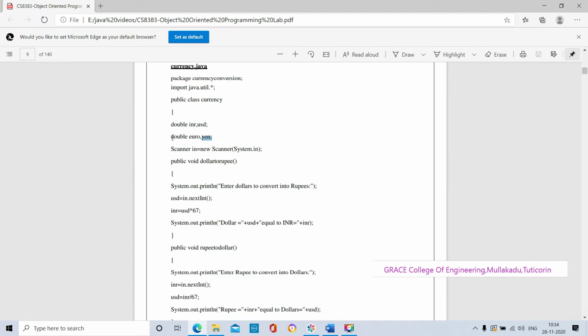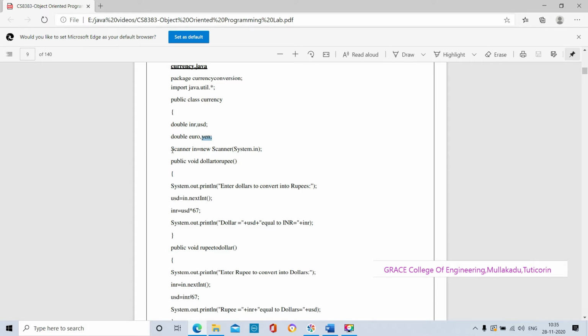The double data type accepts decimal floating point values. The float data type also accepts floating point values. The only difference between float and double is that float accepts 4 bytes of data, while double accepts 8 bytes of floating point data. Examples are 1.1 and 2.1. These are all floating point values.